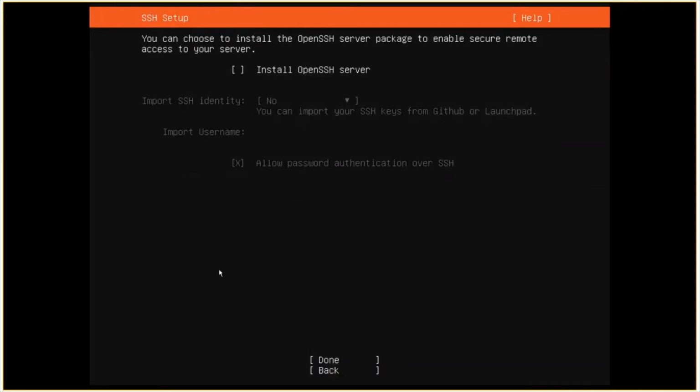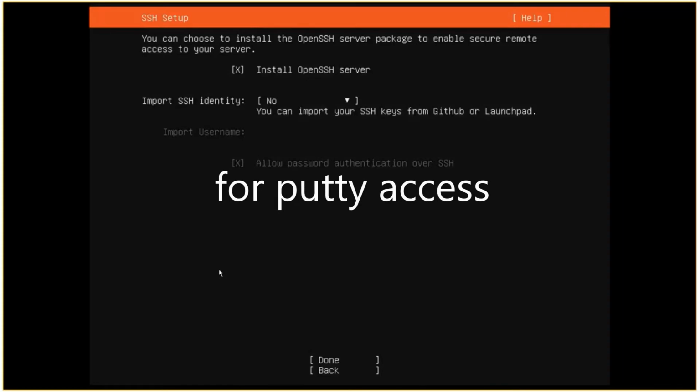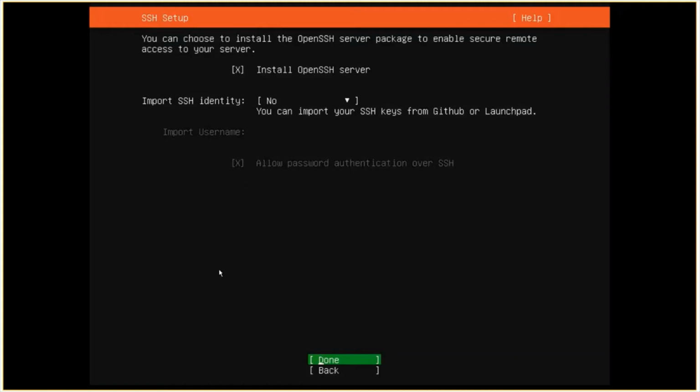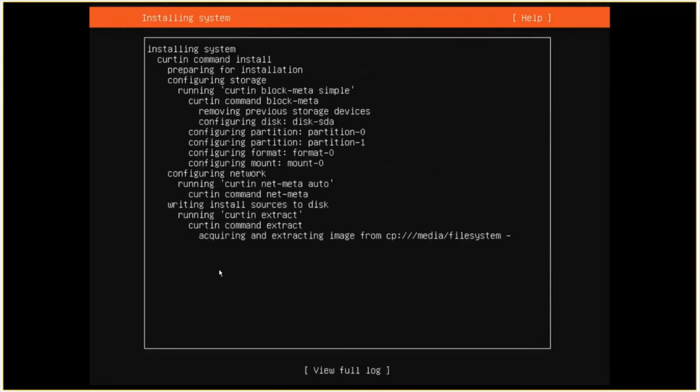Install as a server. Because this is a server, you have to select it by pressing the space bar. I don't want to import any identity, so you can say this is much more advanced than Ubuntu 18. Click done. Now it's installing on the server. It is very simple and very fast compared to 18.04. As you can see, it is asking very few questions and is very fast.